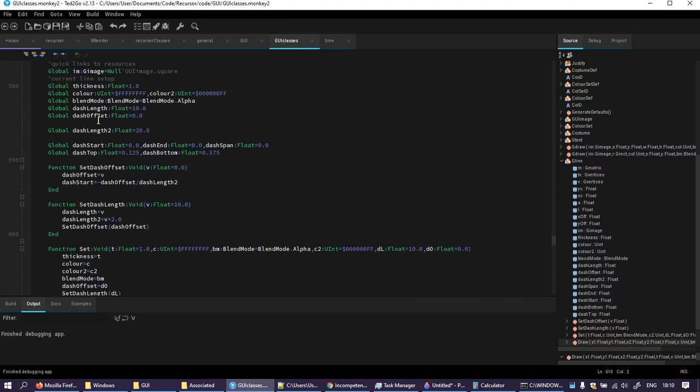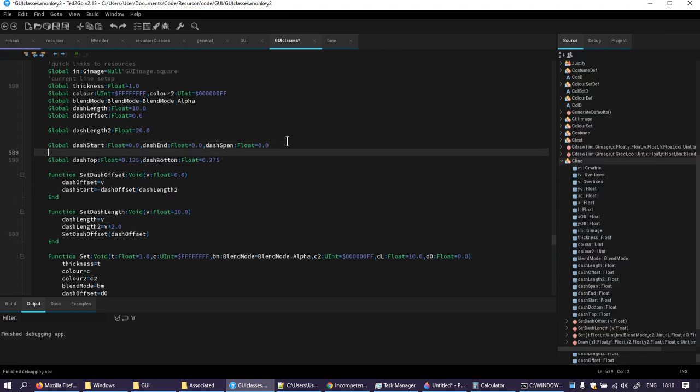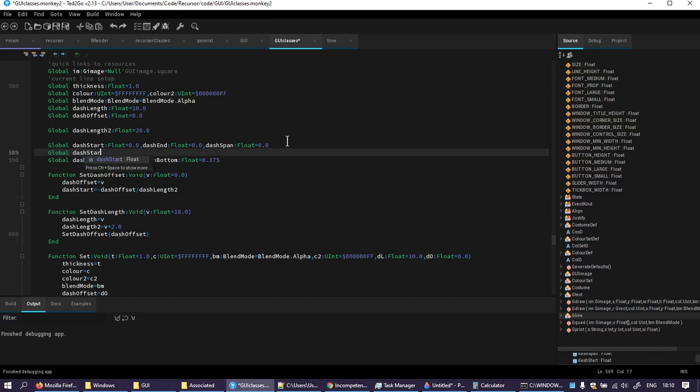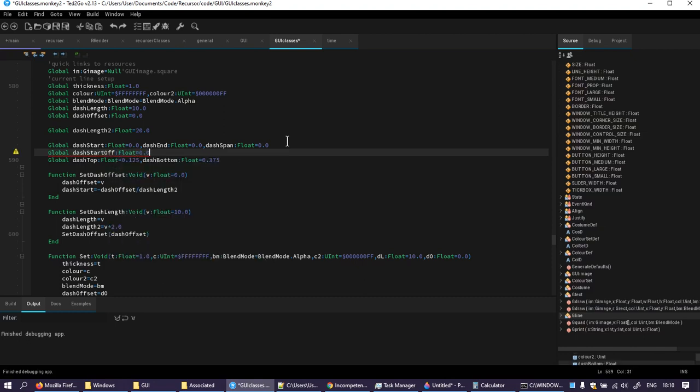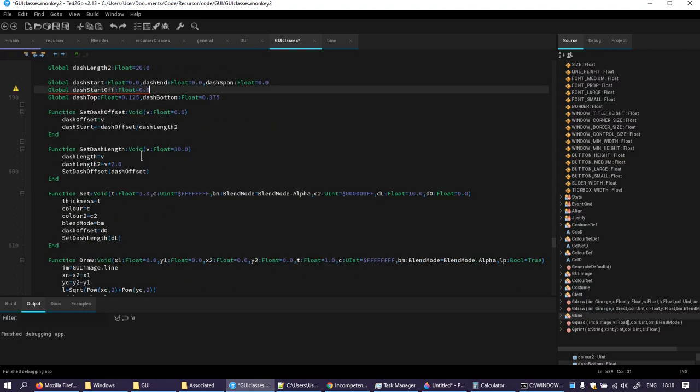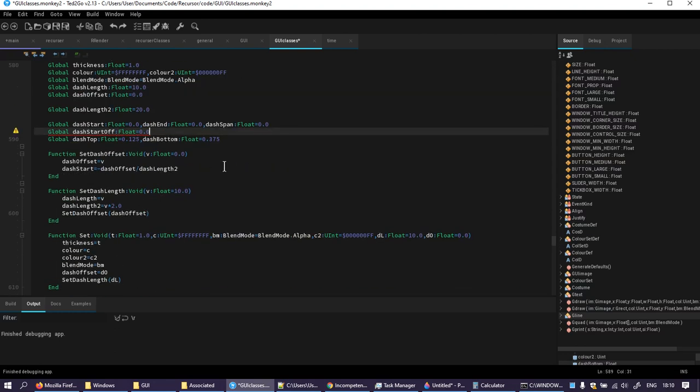Is that maybe I want to store more again. This is kind of ridiculous, but I'll store dash start 2, and this dash start off float equals 0.0. And now when dash length is set, when dash offset